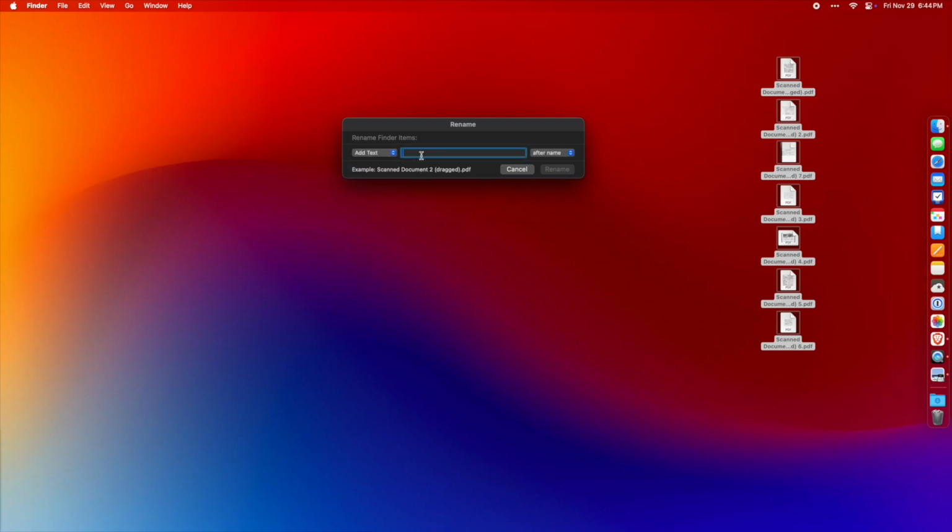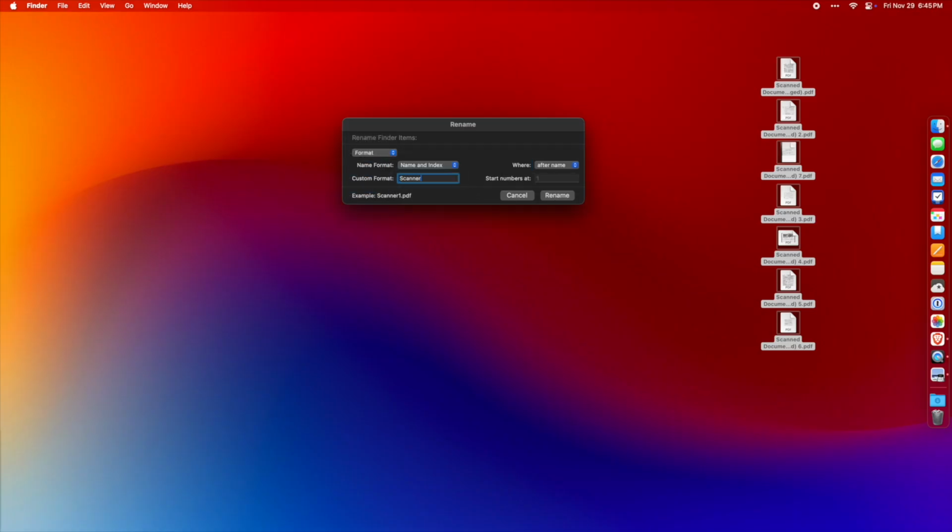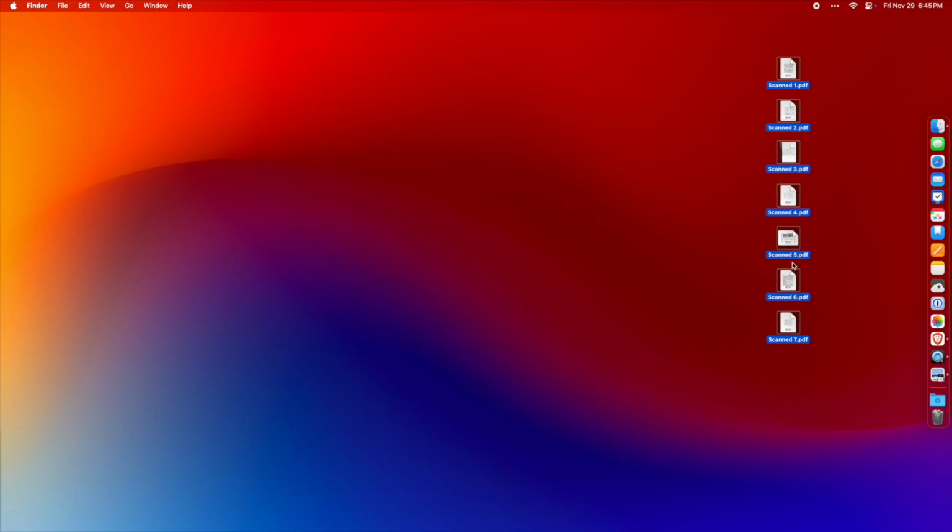And this is great if you're scanning old, for example, vacation photos, and you have 100 photos of when you went to Disneyland in 1987. You've scanned them all, add Disneyland trip 1987 to the front of the existing file name, and it will rename them all for you. I'm just going to change everything to "scanned 1," and you'll see that it automatically counts up for you and renames all the files in numerical order.